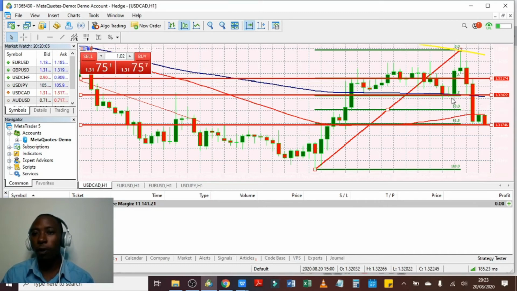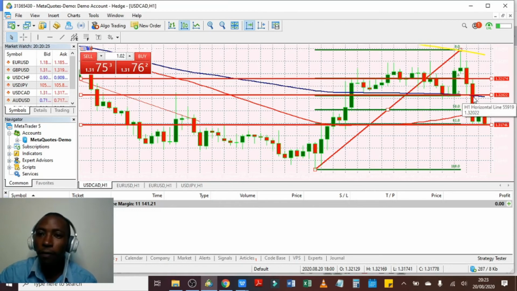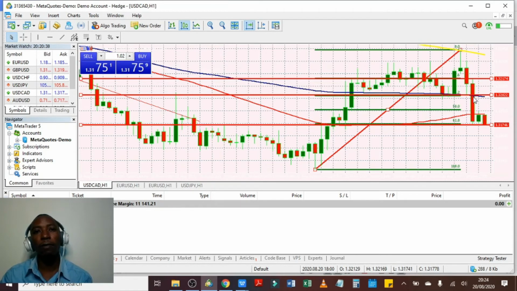For instance, if you combine the Fibonacci and the moving average, you'll know that when this big red candle dropped past the 100-hour moving average and past the 38.2 level, it was an opportunity to sell. And if you entered the market here, sold over here, and placed your stop loss slightly above the 38.2 level, the 100-hour moving average, then that is a low risk trade. Should the market reverse, you'll make a small loss and then be able to buy against the 38.2 level and make huge profits for that matter.